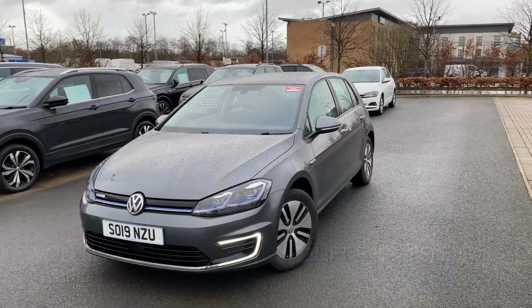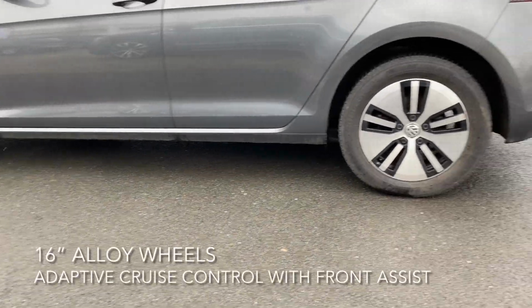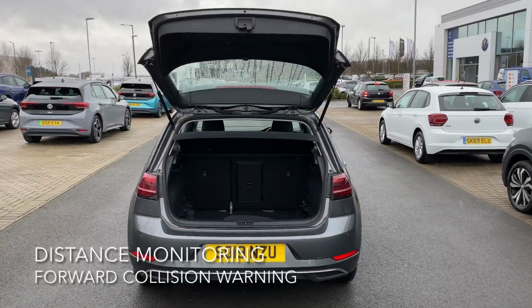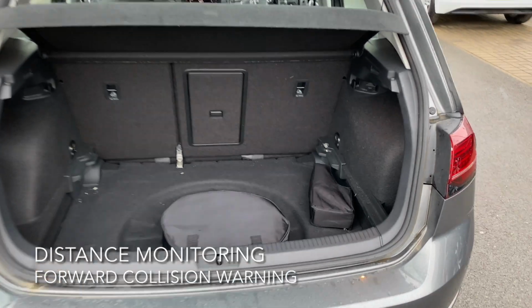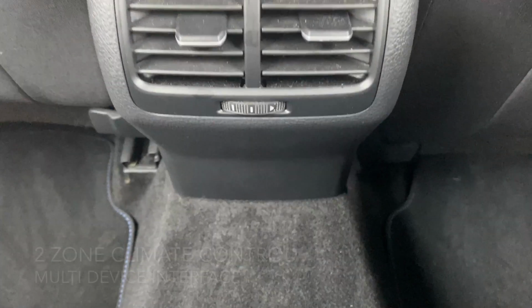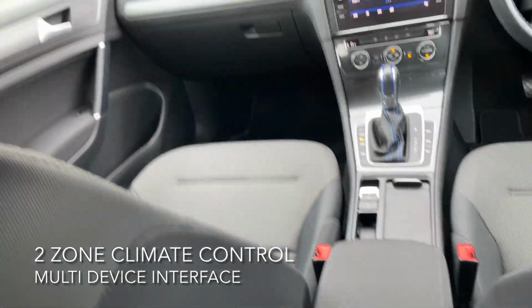beautiful 16-inch alloy wheels. Now moving on to the boot. The boot is a good size and it even comes with a charging cable as well. The interior has 2-zone climate control, a multi-device interface and a USB port for Apple or